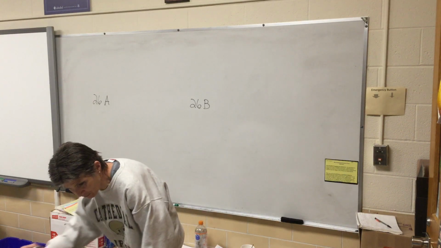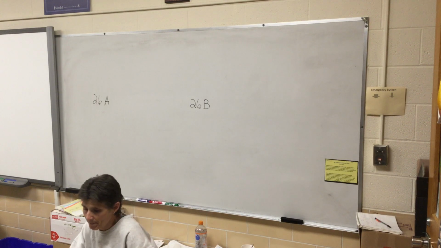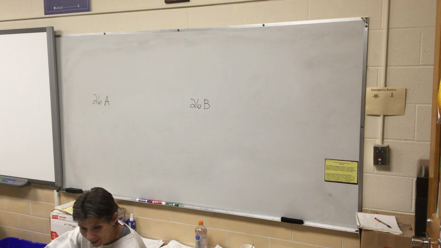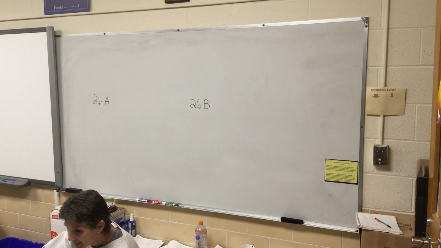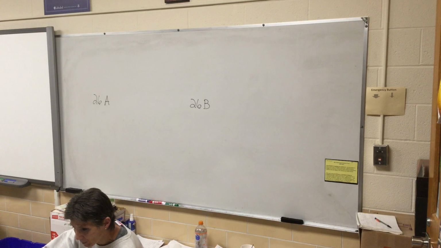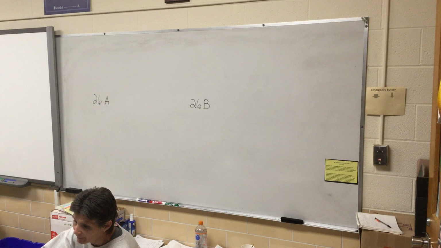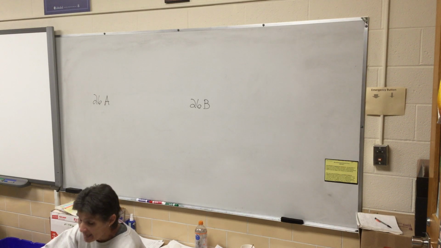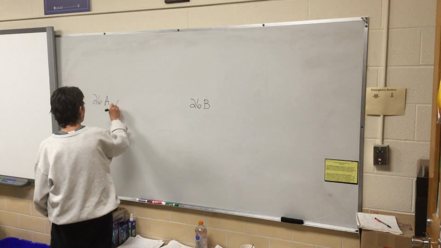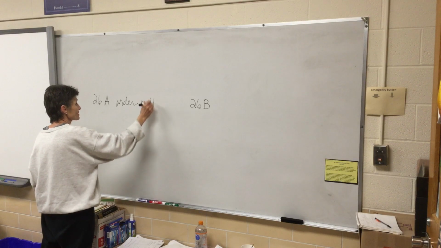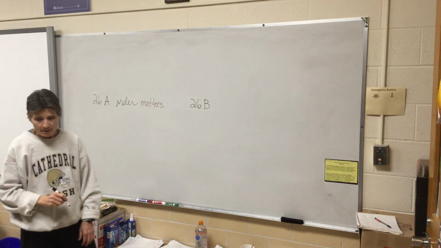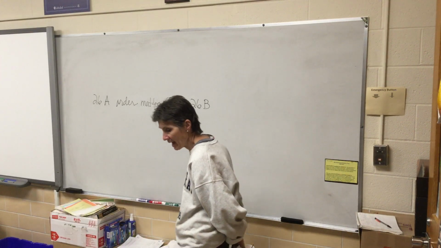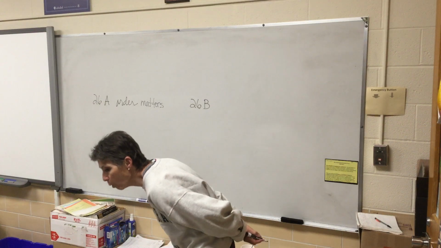All right, so let's talk about this for a minute. Let's suppose that I am picking a president and a vice president. I pick Gabe for president and David for vice president. Is that different than if I pick David for president and Gabe for vice president? Yeah, it is. In other words, in question 26A, the order that I pick matters. If I am choosing a president and a vice president, I am assigning specific tasks, then the order I choose